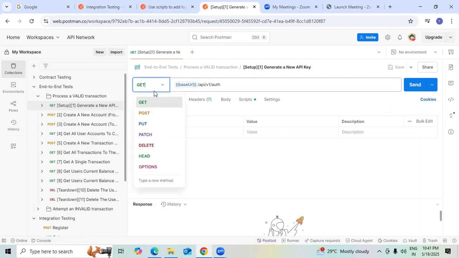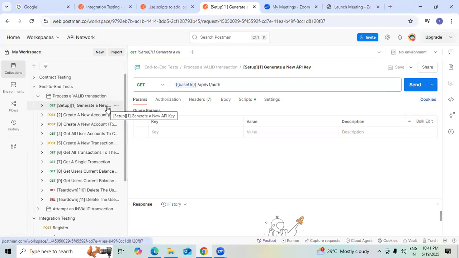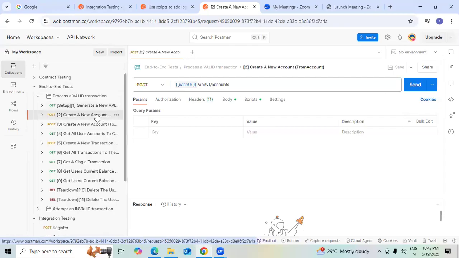We have selected a GET method, especially when there is a new API key that we are generating. When we have created this new API, first of all we need to generate a new API key, especially when performing end-to-end testing, which is required even for creation of